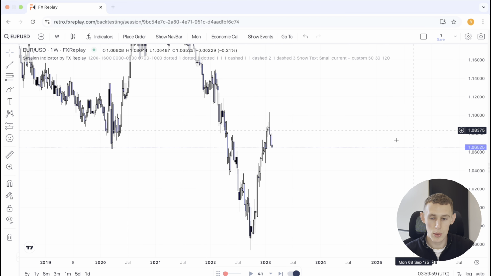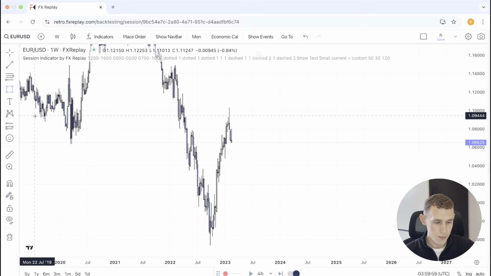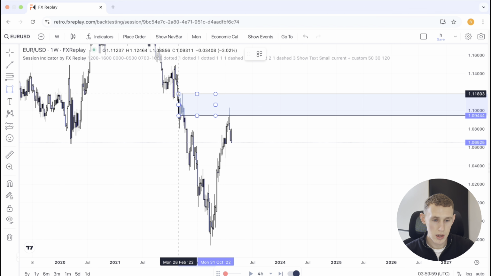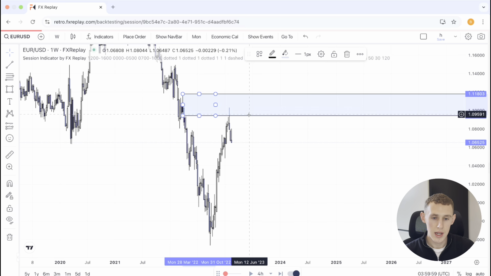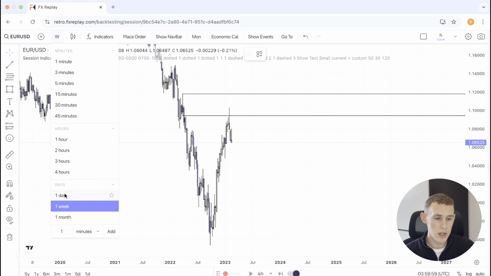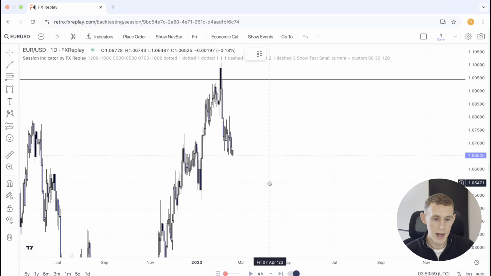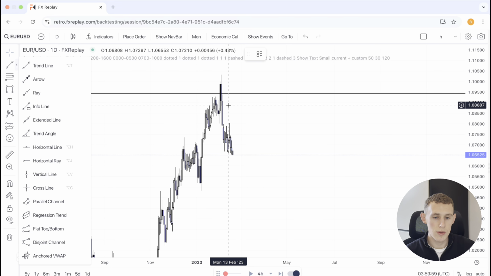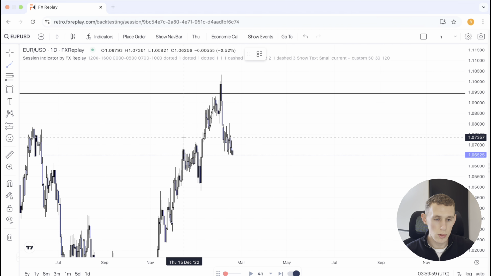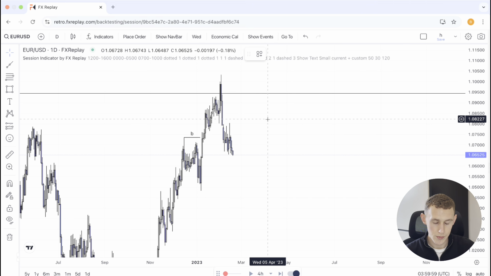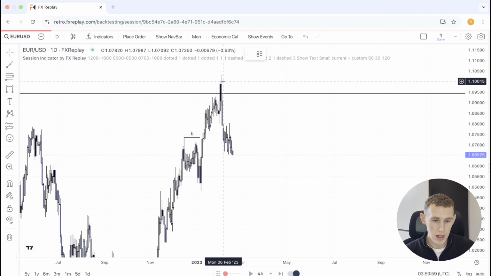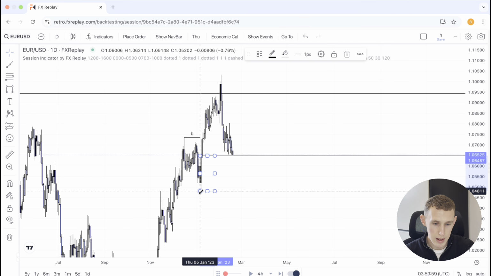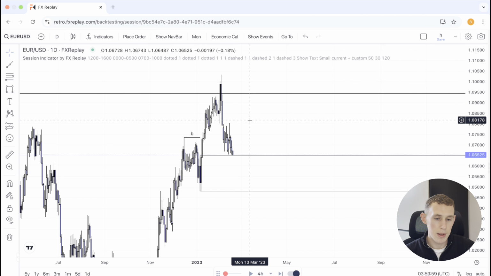But in terms of the more intraday time frames, we saw last time that price had come up, reacted from this weekly supply zone and started to push away from it. We also were anticipating a potential reaction from, if we look on the daily time frame, even though we've had this reaction from this weekly supply, overall the daily time frame was still bullish. I mentioned last time that I was basically just seeing this as a retracement to take out some of these internal lows, tap into this daily demand zone we have here, before then potentially looking for the buys